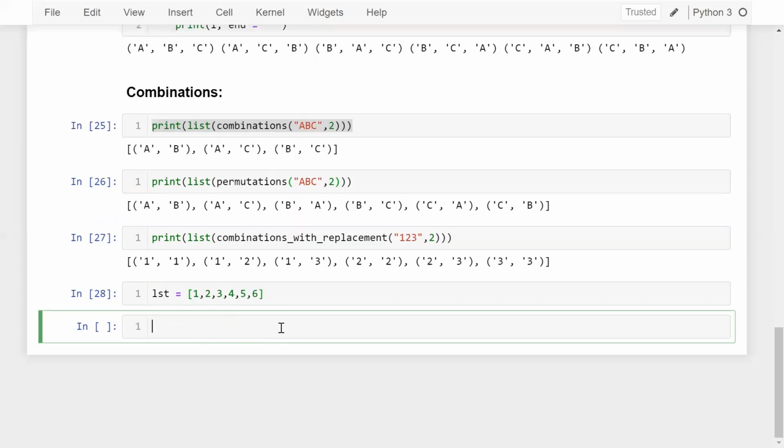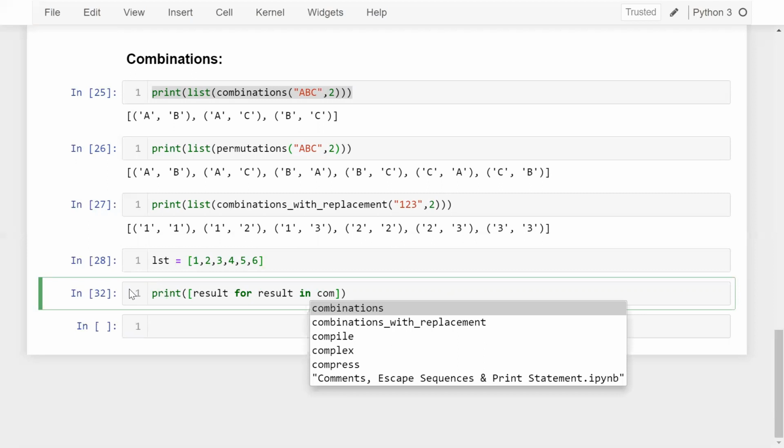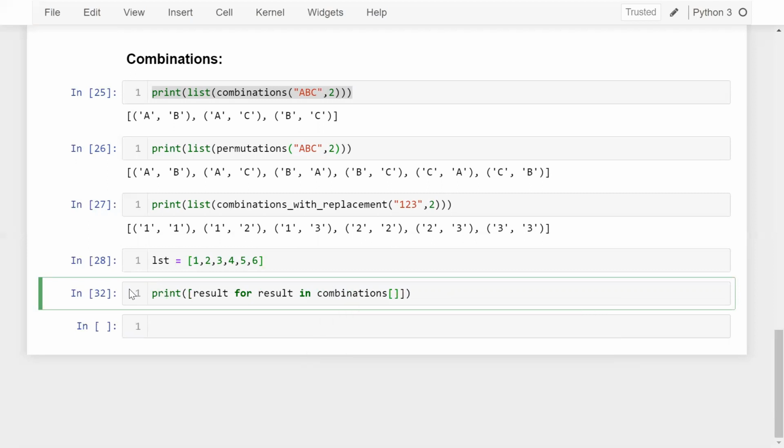Now I'm going to tell you how we can do that. Here I'm using list comprehension. So print result for result in combination, and here you can pass your numbers, which is the list 1, 2, 3, 4, 5, 6, as your iterable. The combination I want is of 3 digits. Here I specify my condition: if sum of your result equals 10.